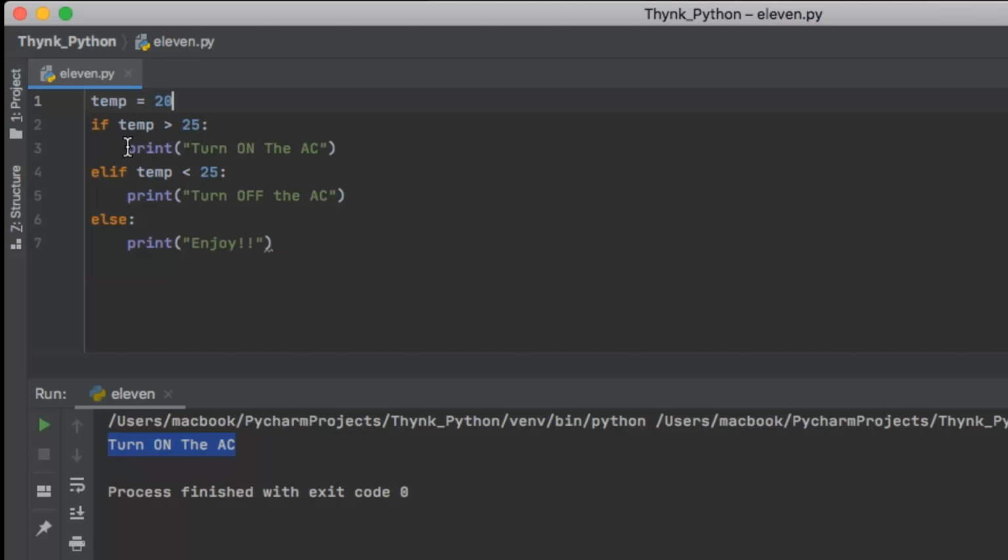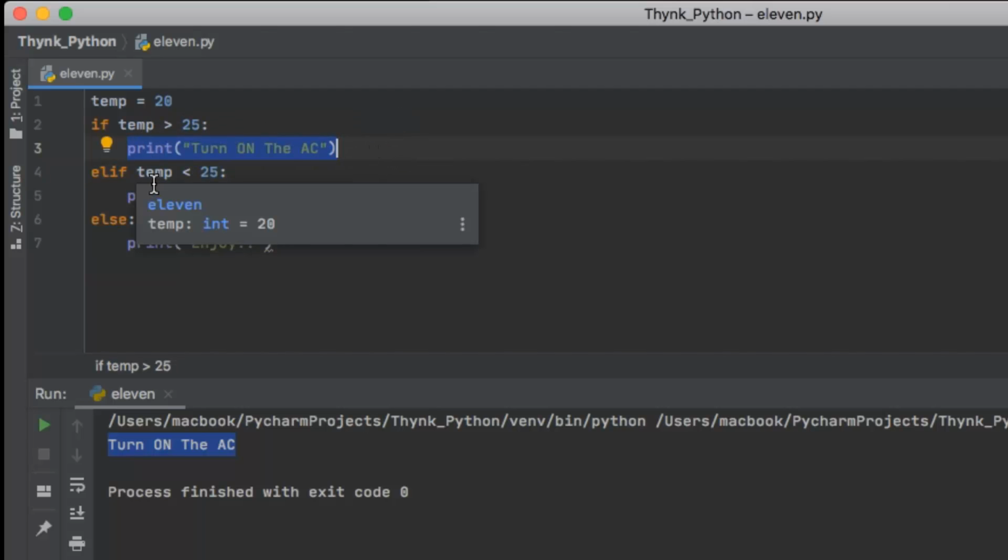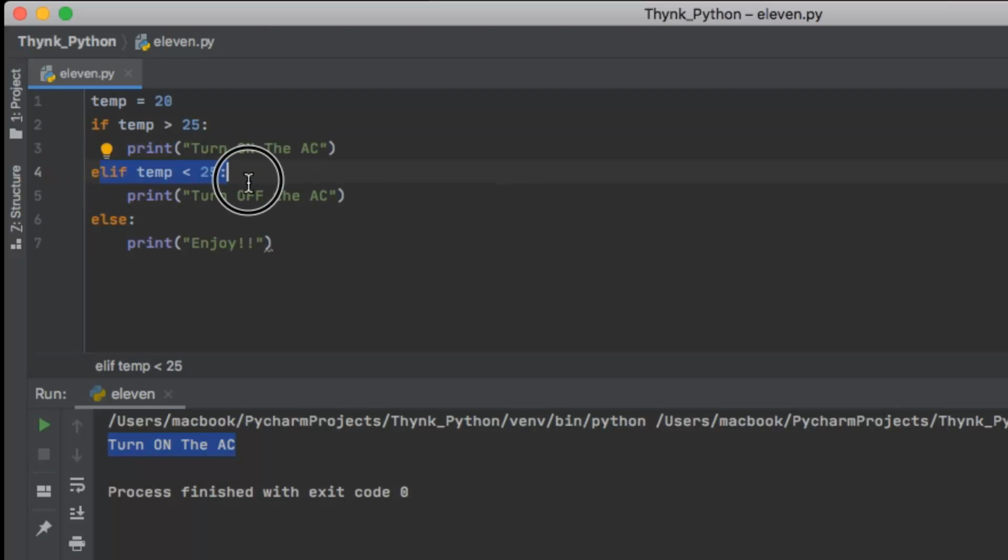Python will not execute this line, but it will go and check the next condition, which is elif temp is less than 25. Yes, temp is less than 25, so it will straight away execute this statement and print turn off the AC. Let's run it. Turn off the AC. And if temp is equal to 25, print enjoy.